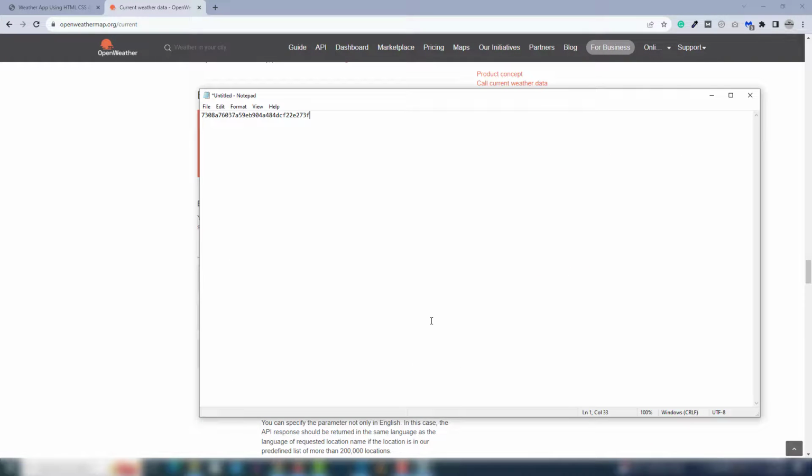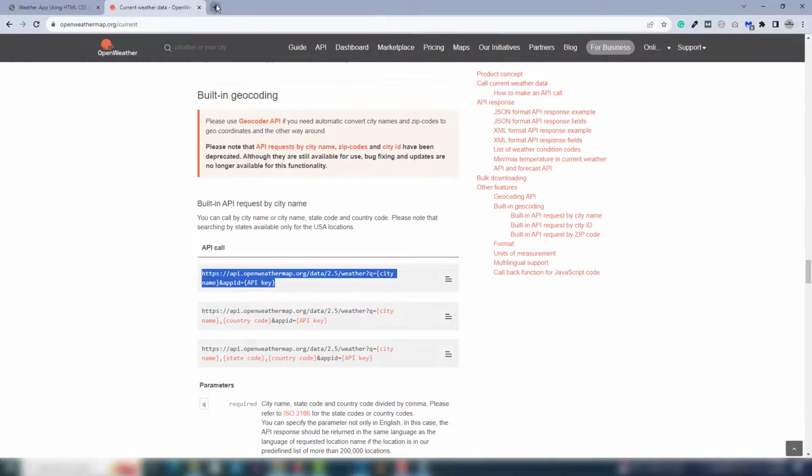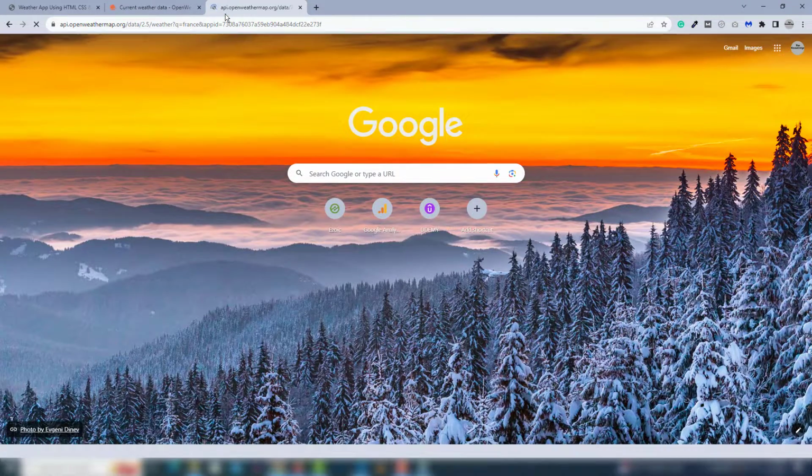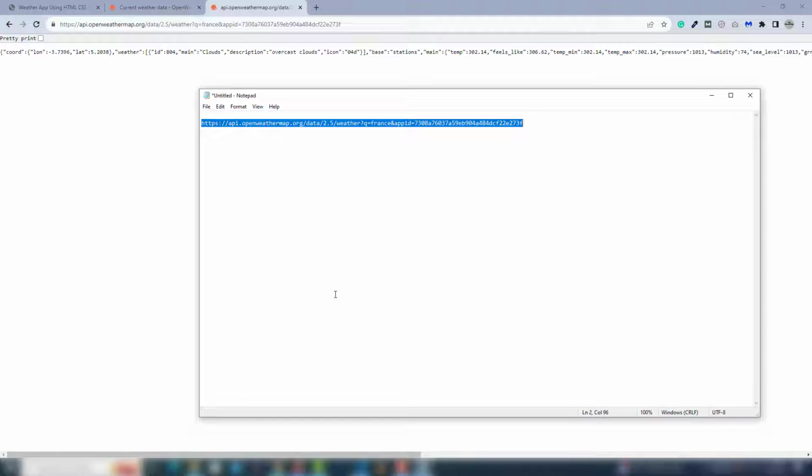I'm gonna paste it inside my, and I need to get my API and paste it inside there. And this is my country name. Let's say I have France. So you need to get that and open it inside new tab. You'll get the result. If you face any problem getting this type of result, you need to check your API key or your query name or country name, right? So you have successfully received the data, means API key and